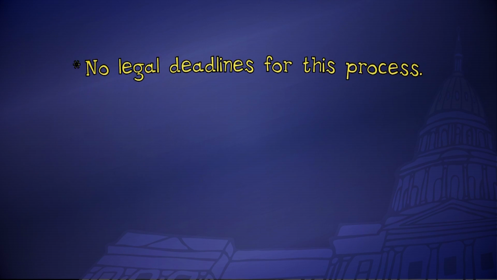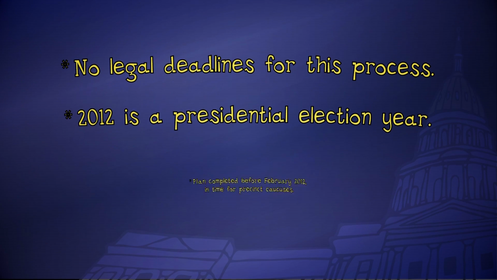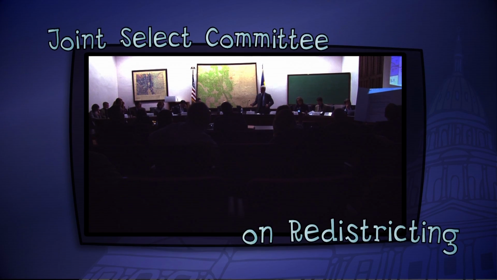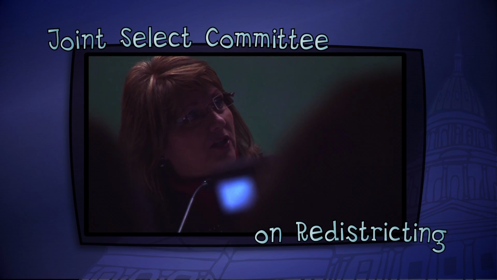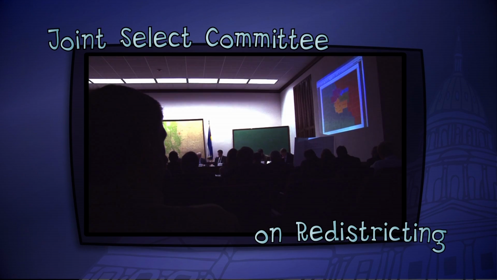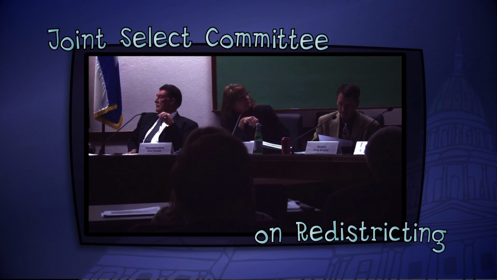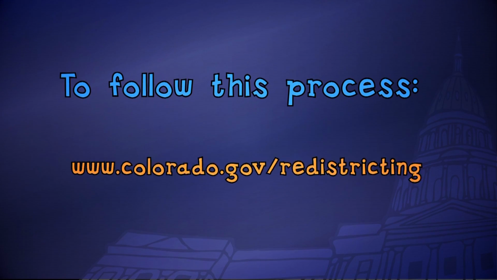www.colorado.gov/redistricting. There is no legal deadline for this process, but because 2012 is an election year, potential candidates, county clerks, and voters will want the plan completed before February 2012, in time for precinct caucuses. In 2011, the Colorado General Assembly appointed a 10-member Joint Select Committee on Redistricting to begin redrawing the congressional districts. This Joint Select Committee held public hearings throughout the state to obtain citizen input on congressional district boundaries. To follow this process, go to